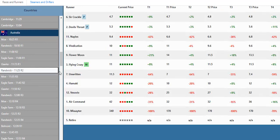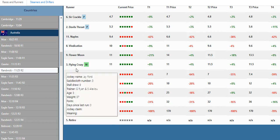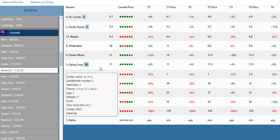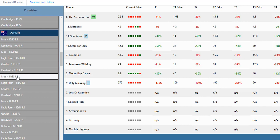Going into Randwick race 2, we had Sir Crackle at 470, was all green, so that was a selection, and Flying Crazy was at 11s, and that was all green too. As you can see there, it was 11, 1150, 1150, 12, 1150 and 1250. So it's an all green. So we had a winner there, 2 bets, and we had Flying Crazy there. And if you hover over it, you can see the details of the horse there, which is another nice feature of Racing Price Monitor. And that's how we got the selections that we used to have that successful day